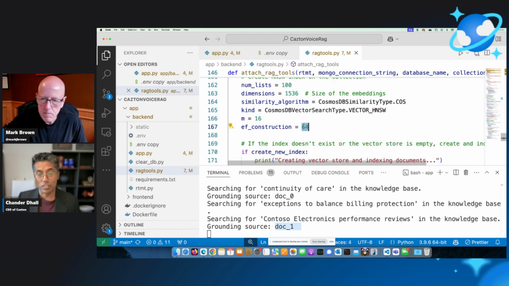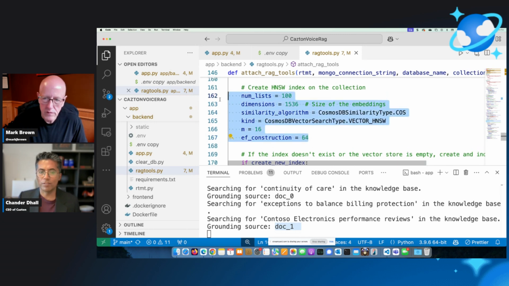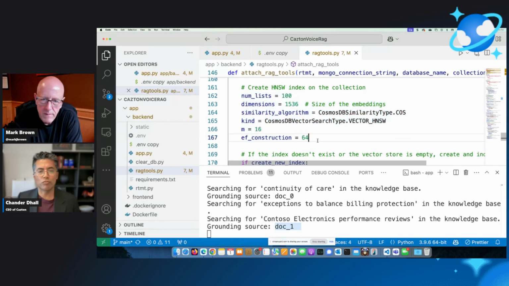One thing I do like about Azure Cosmos DB Mongo vCore is that not a lot of MongoDB implementations actually let you change these values. So I love the flexibility as a developer to change these values, which is interesting because a lot of others would prioritize recall over something like this. And what happens is they have really slow latencies, and in some cases, they handle a lot fewer requests per second.